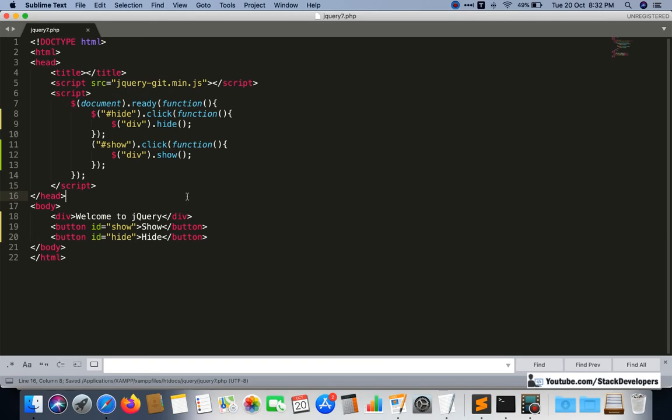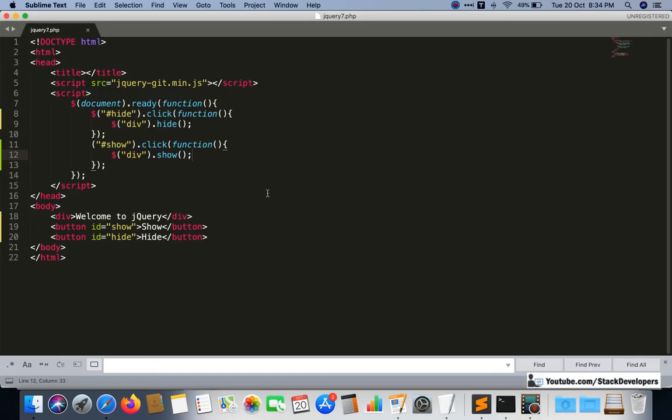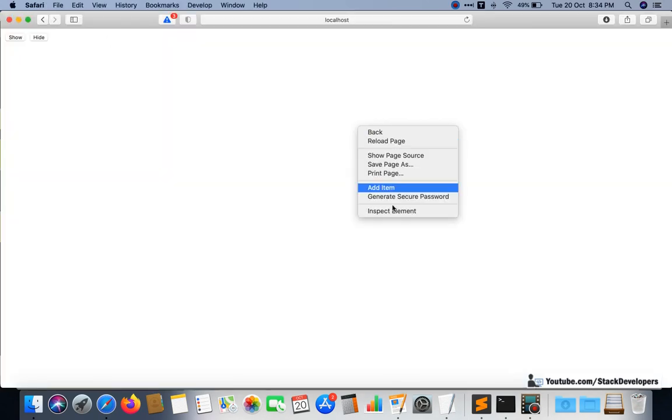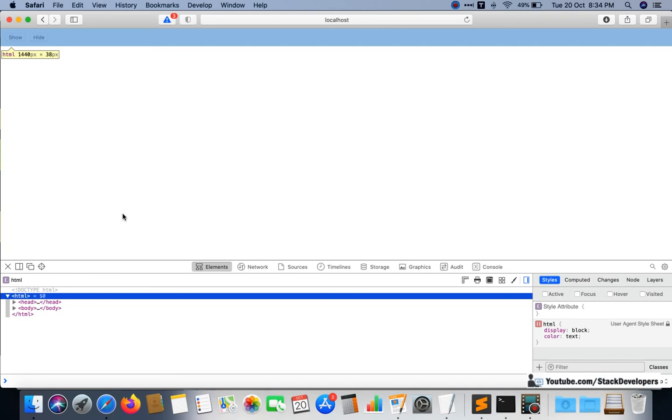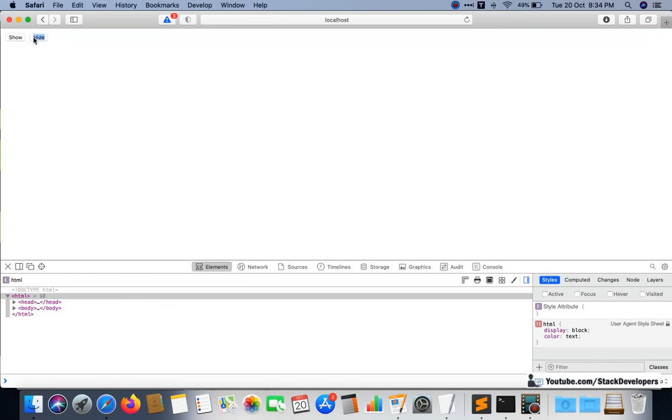We can try the hide and show example now. Hide is working, but show is not working. Show is the ID, so clicking on show, the div must show. I will inspect it and check after clicking on show or hide.